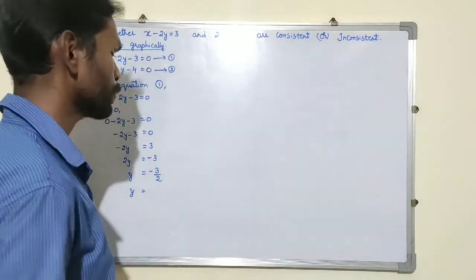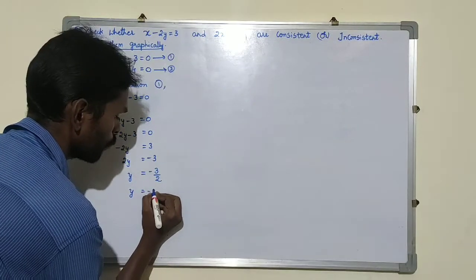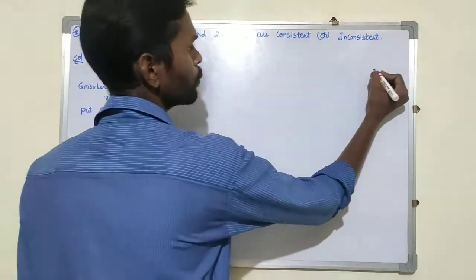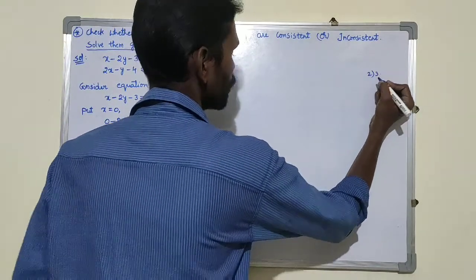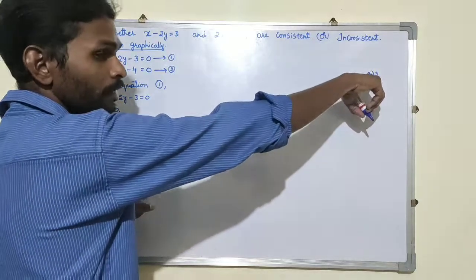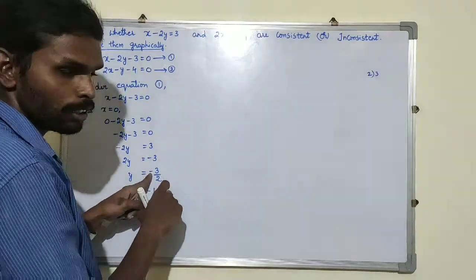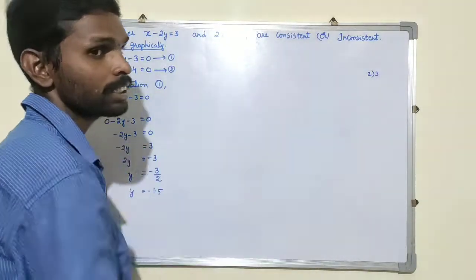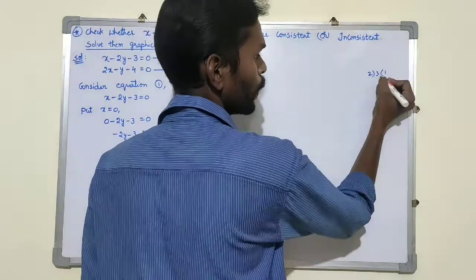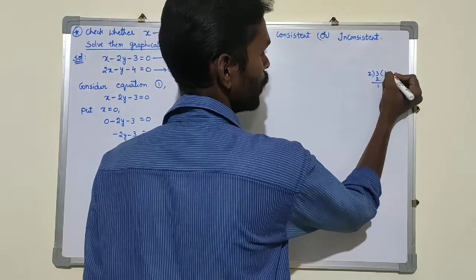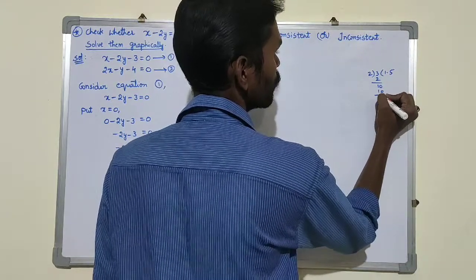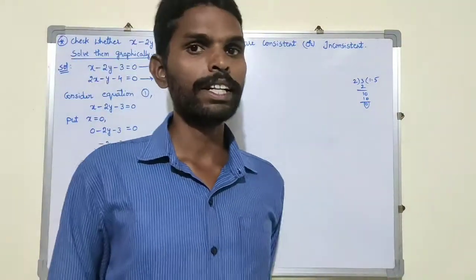What is the value of 3 by 2? That is 1.5. You know basic division, right? 3 by 2. Whatever the number is there in the numerator, you need to take as a dividend, and whatever the number is there in the denominator, you need to take it as a divisor. Now divide. 2 1s are 2, remainder 1, take 1 point, 2 5s are 10. This is the process of dividing.